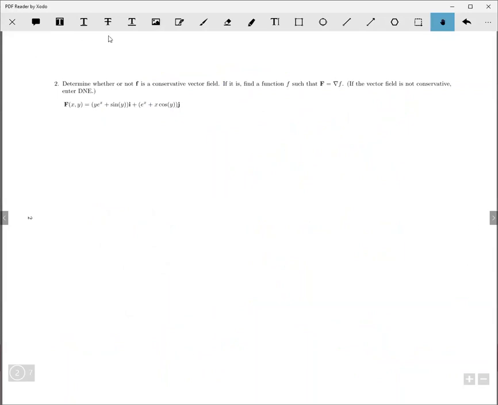Okay. So let's get to number 2 here. It says determine whether or not f is a conservative vector field. If it is, find a function f such that. So this is what f looks like right here. It's just two variables, and to determine whether it's conservative or not,